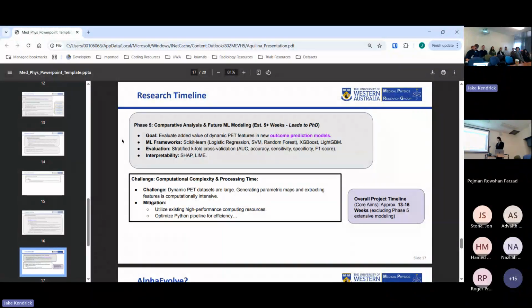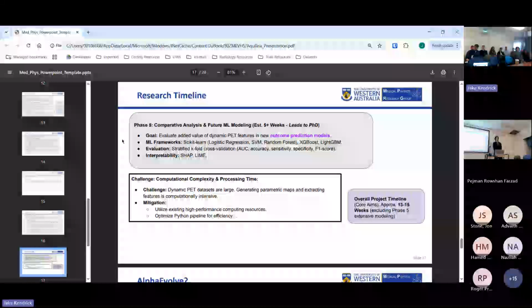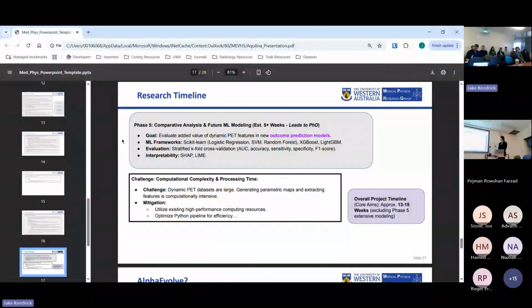It is my hope this entire process will take about 13 to 15 weeks. I prefer to overestimate than underestimate. It gives myself some wiggle room. And essentially, I have no doubt I'll call upon the expertise of not only my dear audience, but also my friends in the United States who may or may not be watching me right now on Zoom. So